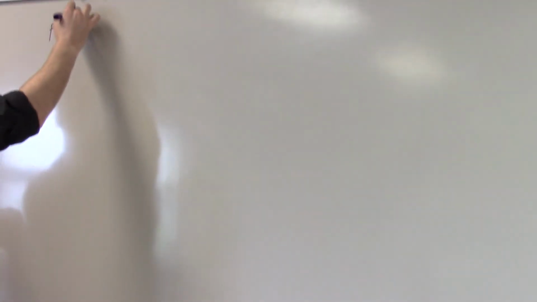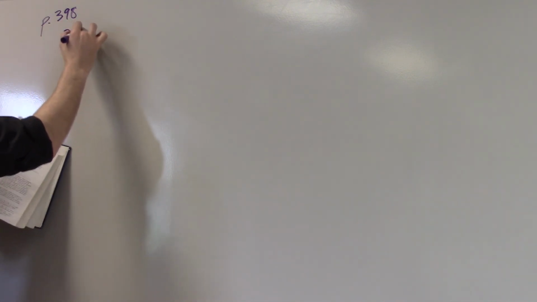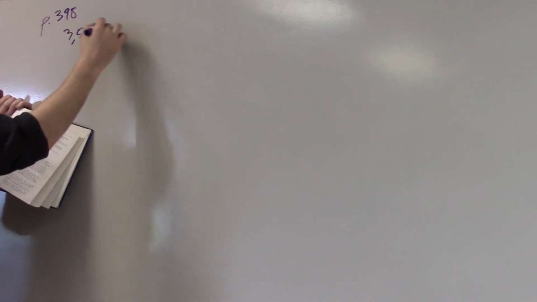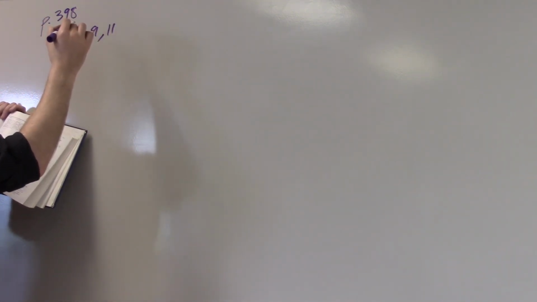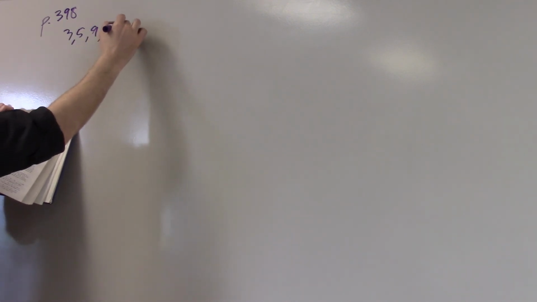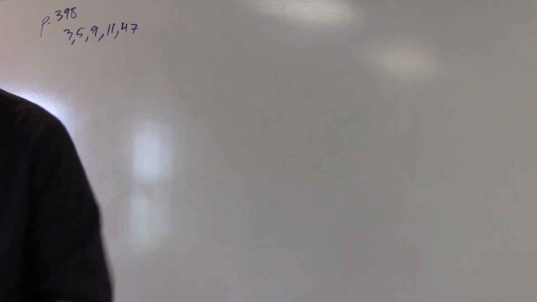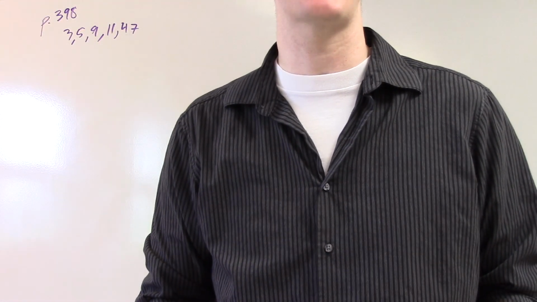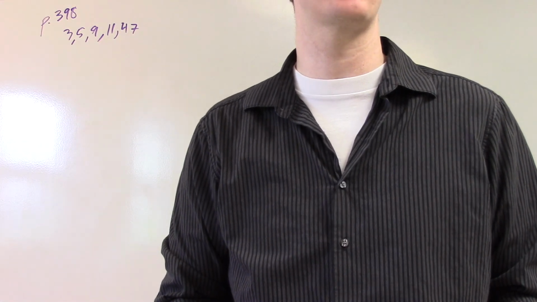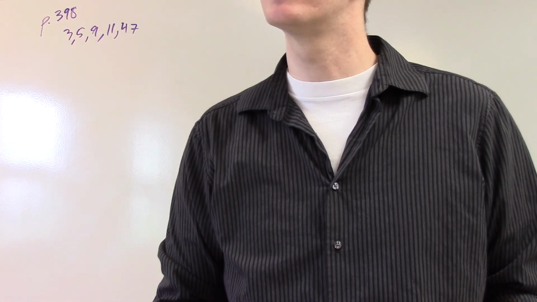Why? Page 398. What were the problems that we had to do on page 398? 3, 5, 9, 11. No, there are more. 47. Oh yeah, and 47. That's important. Should we do 47 first? Because I think that's what I asked to do. All right, so 47. How did 47 go, by the way? Raise your hand if you feel like you just did exactly what you needed to do and it worked out perfectly. Raise your hand if you were lost. No one? Do we maybe not even need to go